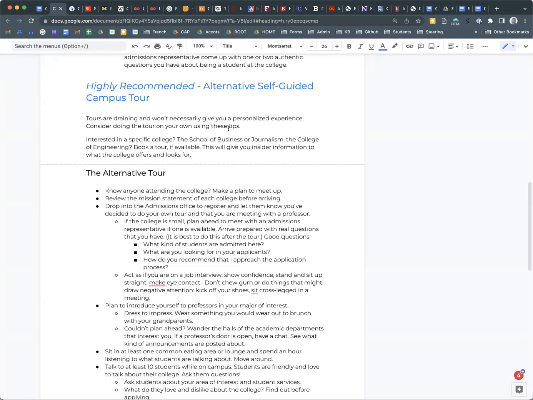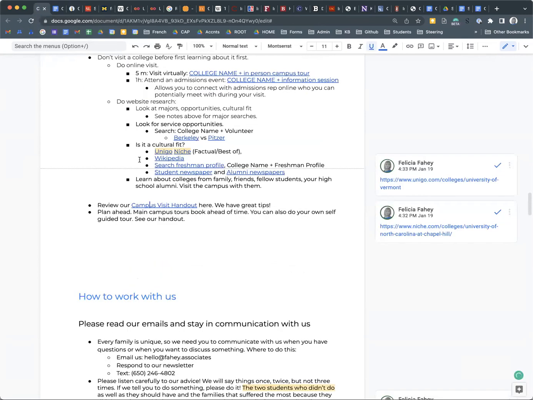What's the major, or the college that I would be in? I would definitely recommend, if you're applying to a specific college, to do the tour for the college before you do the main campus tour. So College of Engineering, College of Nursing, College of Journalism, College of Biological Sciences, do those tours rather than doing the campus tour if you really want to do a tour.